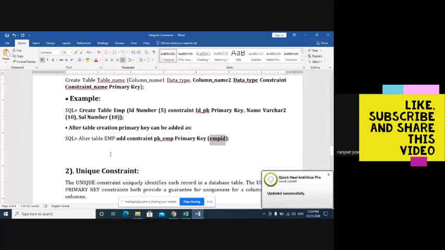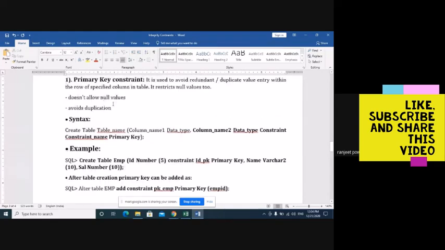Primary key is basically used for what? For two conditions. One, it avoids duplication, and second, it doesn't allow null values. And through the primary key, we can uniquely identify a record from a table.